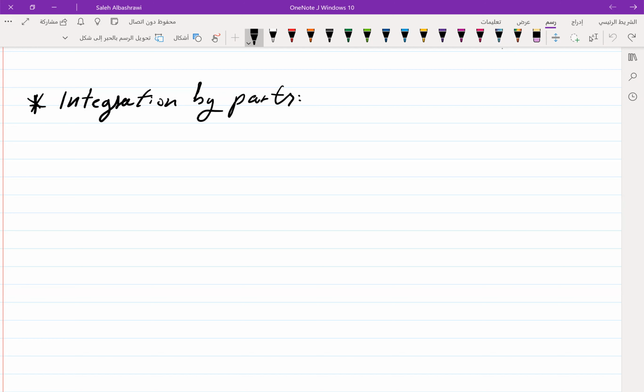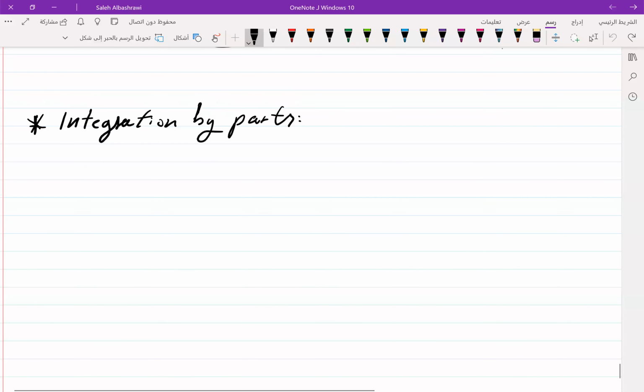In this section, we are going to discuss how to find integration using integration by parts techniques. To start with integration by parts, we are going to restate the product rule. The product rule of the derivative is given by